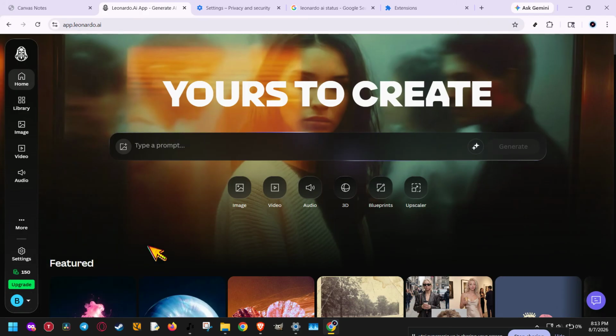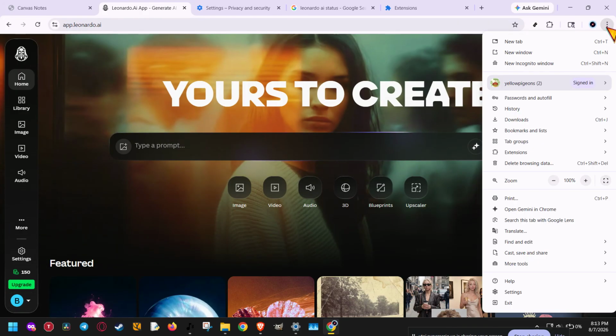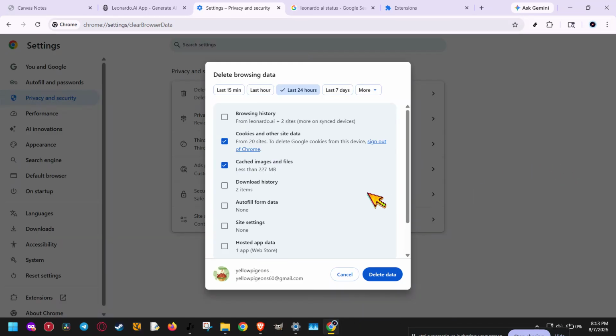Next, press Ctrl, Shift, and Delete on your keyboard. That opens the browser history panel, where you can clear out stored data that may be interfering with Leonardo AI. Make sure you clear your cookies and cached images and files, and set the time range to the last 24 hours. This is important because recent cache or cookie conflicts are often the reason the platform keeps throwing an internal